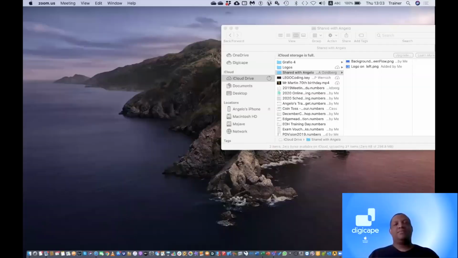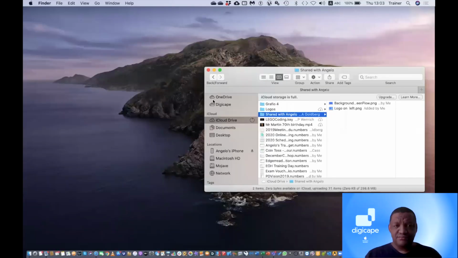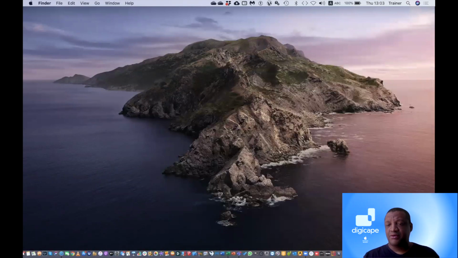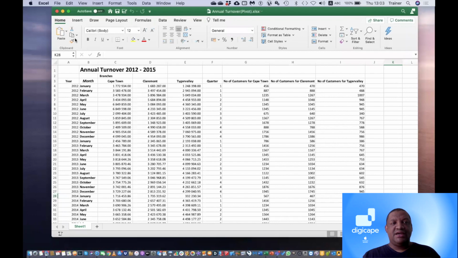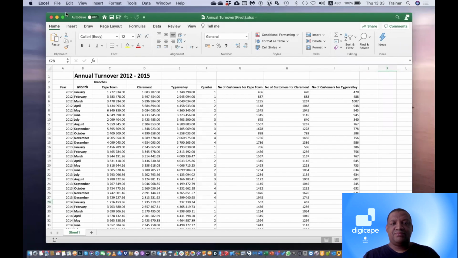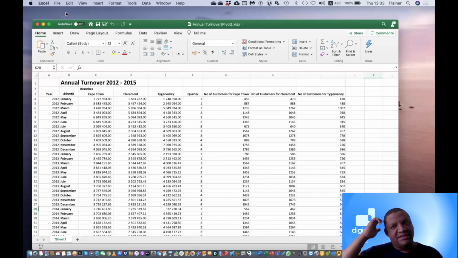Let me actually start sharing my screen right away so that we can get into the swing of it. Okay, so first of all, I'm just going to quickly call up my spreadsheet. So yeah, I've got a huge table with a lot of data in it, and the whole purpose of pivot tables is basically to create a summary or a report of your huge spreadsheet,